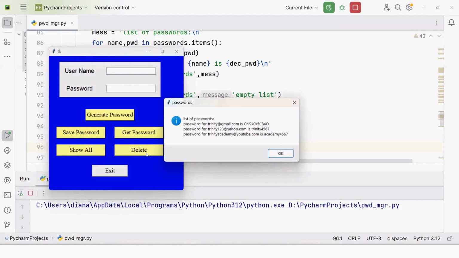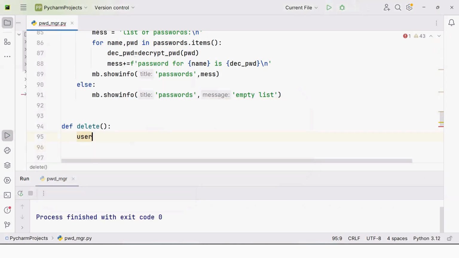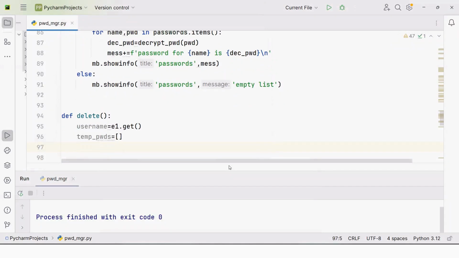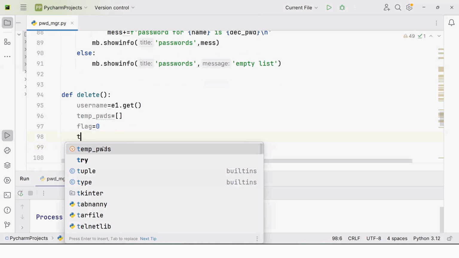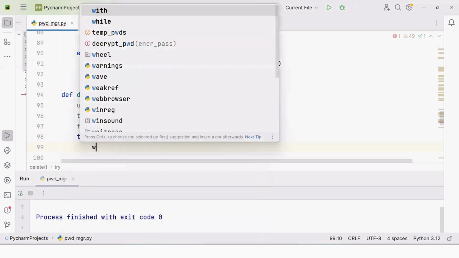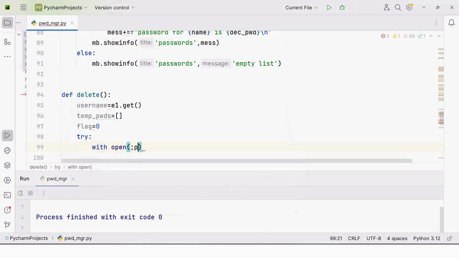Now the last operation to be performed is delete. You can select any one username and press the delete button. That particular entry should be deleted. So we need to retrieve the username. Username is equal to e1.get. Create a temporary list to store the data. So a temporary passwords empty list is created. And have one flag variable. The flag is set to 0. If the username which you have entered is wrong, to identify that, I am setting flag equal to 0. And then in the try block, I'm opening this passwords file.txt